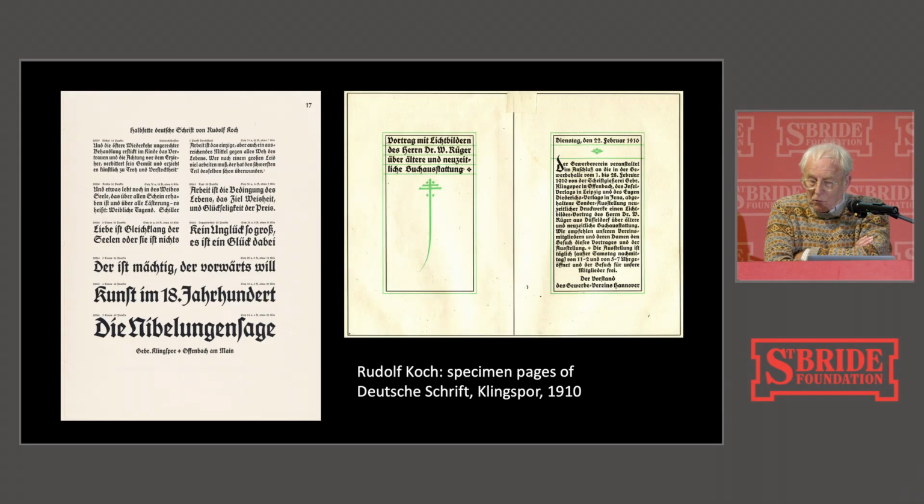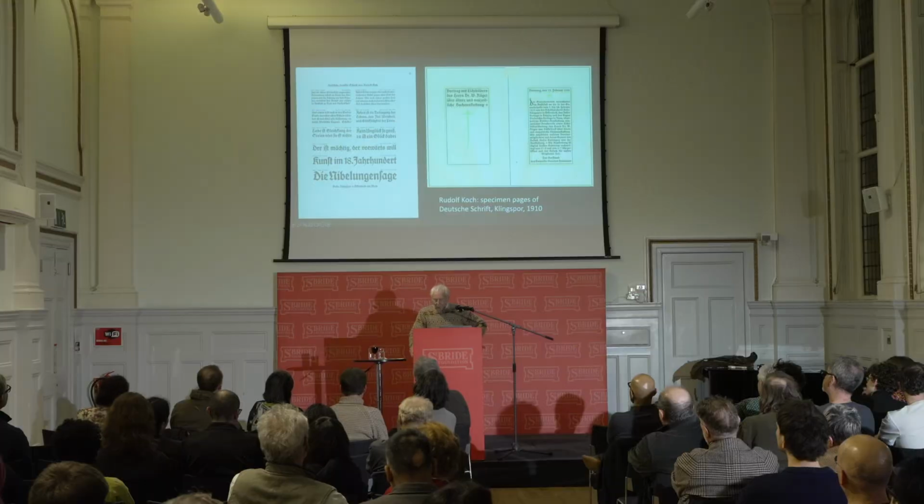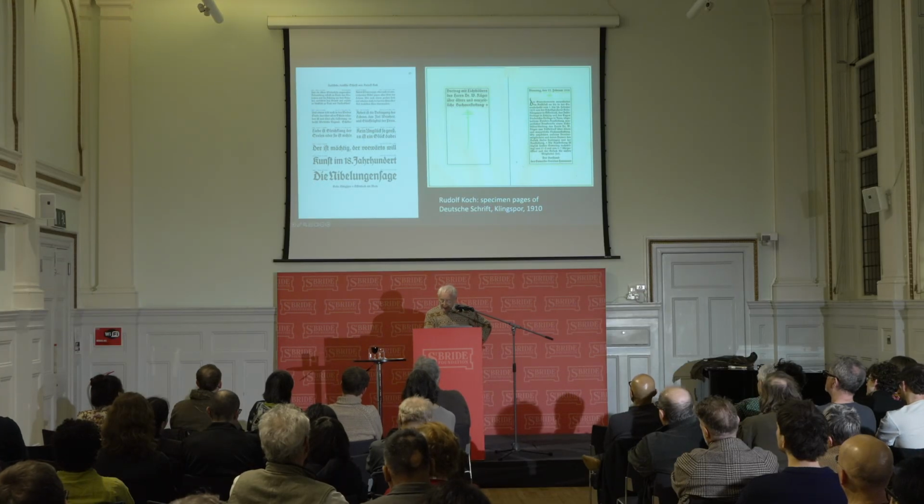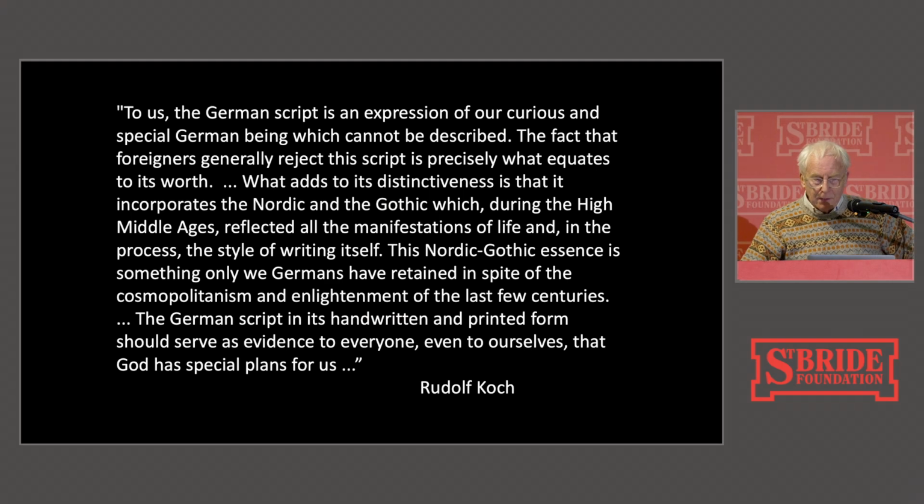The year after Kochschrift appeared, he wrote a coruscating article in the Archiv für Buchgewerbe on Jacob Grimm, one of the two brothers Grimm, who had already described Fraktur, black letter, as, quote, ugly, misshapen, tasteless, and barbarian. Koch replied that Grimm knew nothing about printing. Even later, he recalled the significance of black letter for German identity.